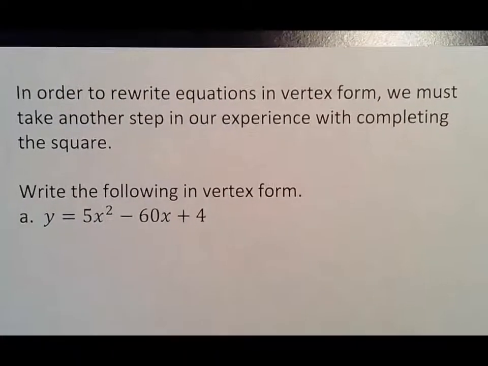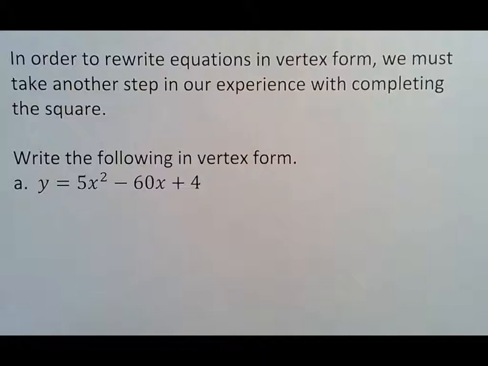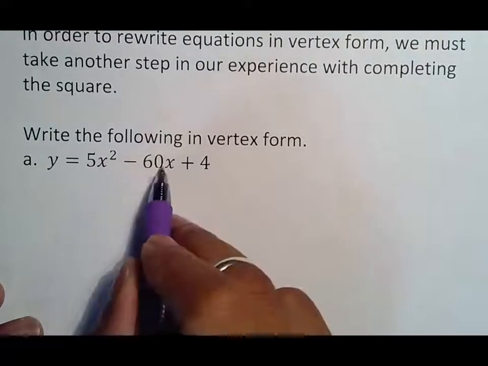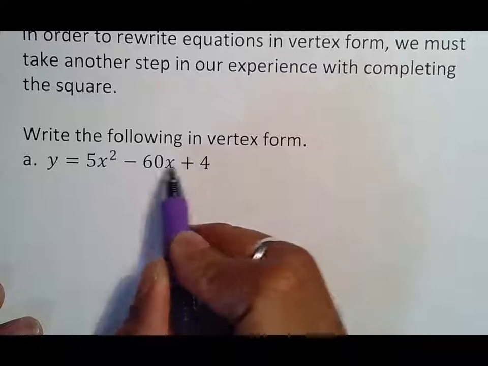In order to rewrite equations in vertex form, we must also take another step in our experience with completing the square. Yesterday I gave you very basic questions, and I'm pretty sure your homework was also very basic, but it's not always that easy because sometimes there's a number attached. So let's look at how we move forward with this. The first thing we want to do whenever we turn this into vertex form is, yes, we know we're going to separate this, but I also want to